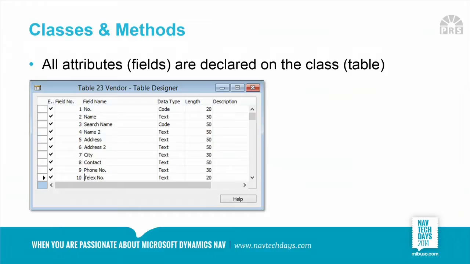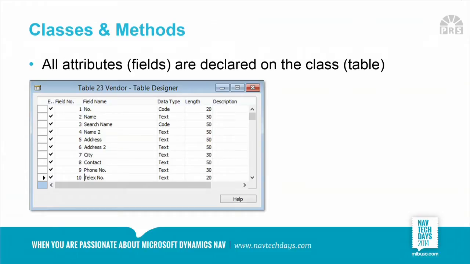Vieco has shown that you have lots of possibilities to declare properties and fields in C# very freely. In text, we can't do that. All fields are always declared on the table in NAV, and that's what it looks like for the vendor. For the actions, for the methods, we have these choices that we sometimes do not apply in the best, most efficient and most transparent way.